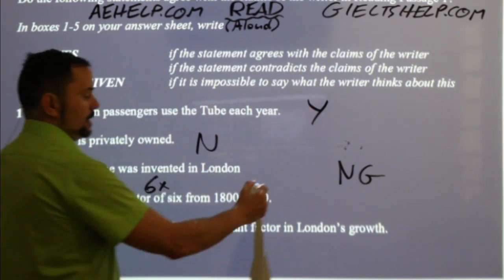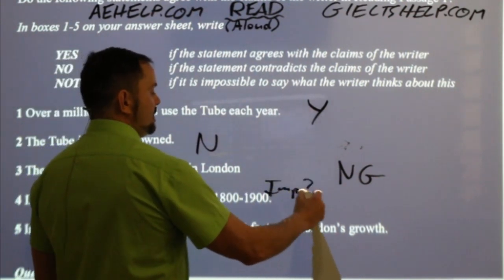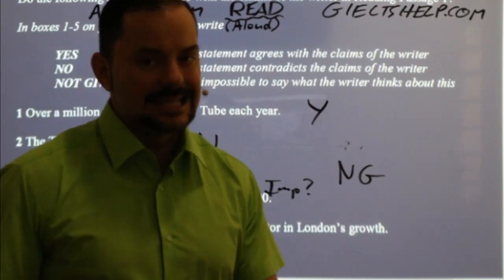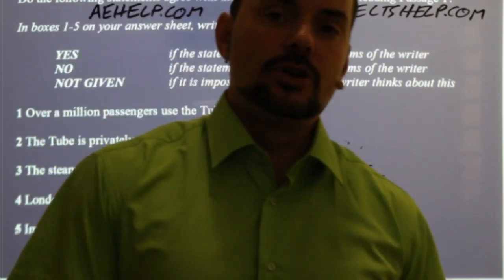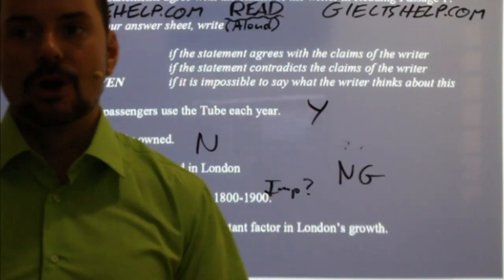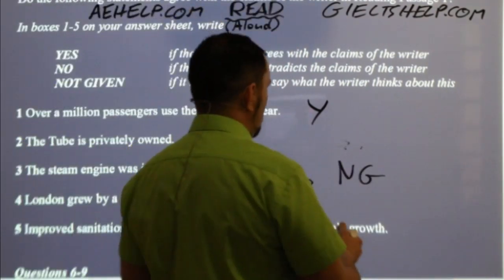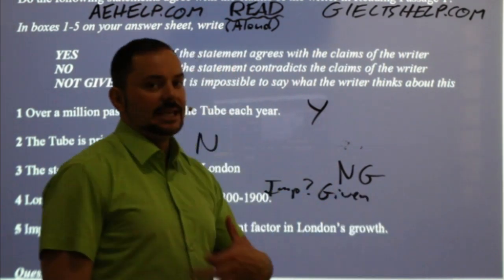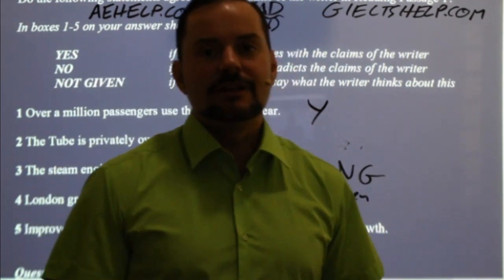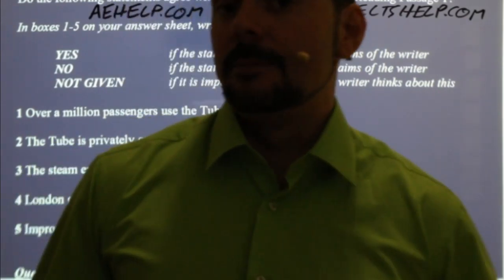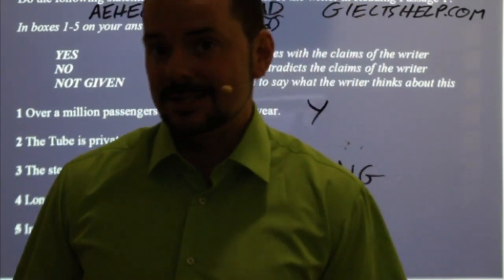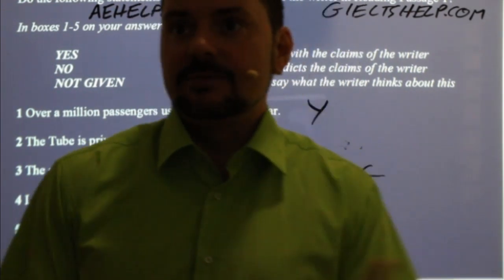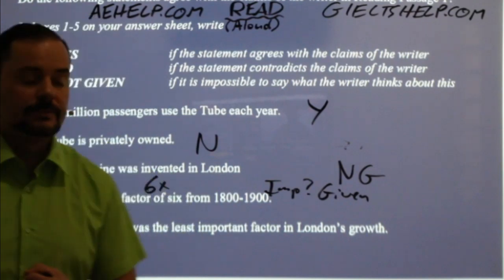So is it important? For this passage, for the underground, which is a mass transit system, is it important to know how fast the city is growing? Yes. Again, logic, right? So it's given. I would definitely include this information if I'm writing an essay about a transportation system and its history in a city, right? It was the size of the city. That's very important, obviously, right?